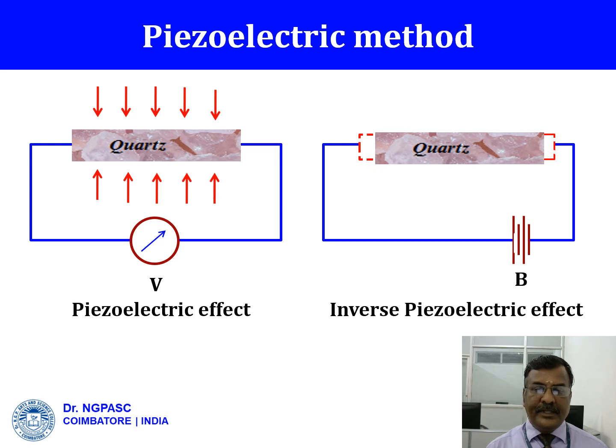Instead of the mechanical pressure, when electric charges are fed to the crystal, the crystal will change its dimension. When the polarity of the electric charges is reversed, the direction of the change in the dimension of the crystal also changes. Instead of a DC electric field, when an AC electric field is applied to the crystal, the dimension